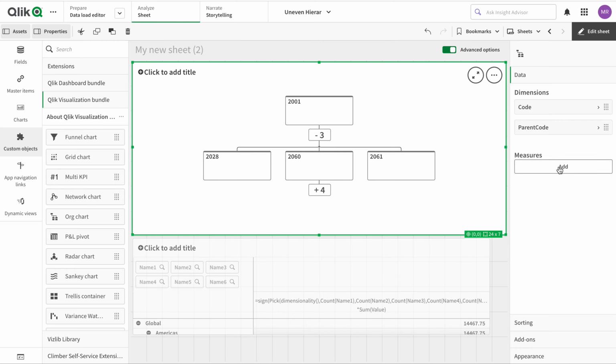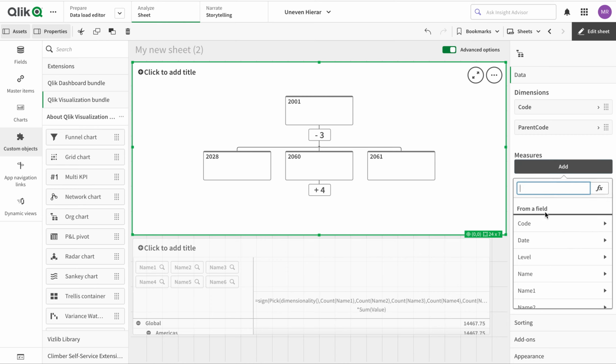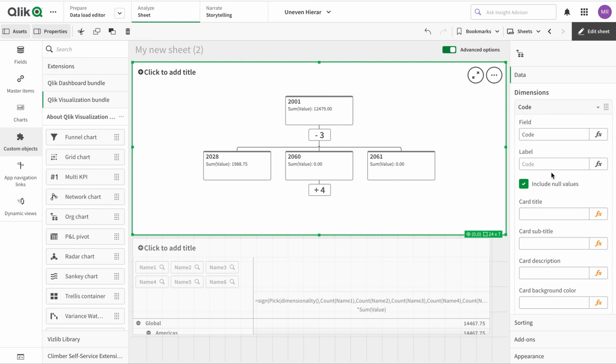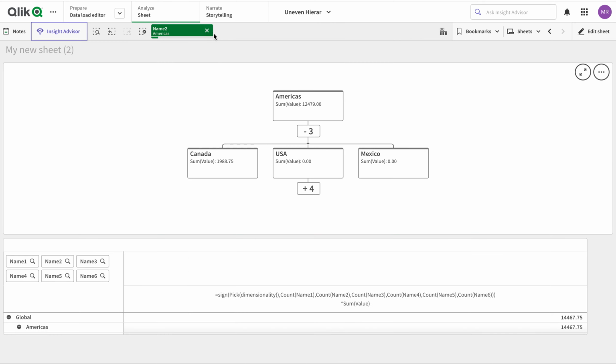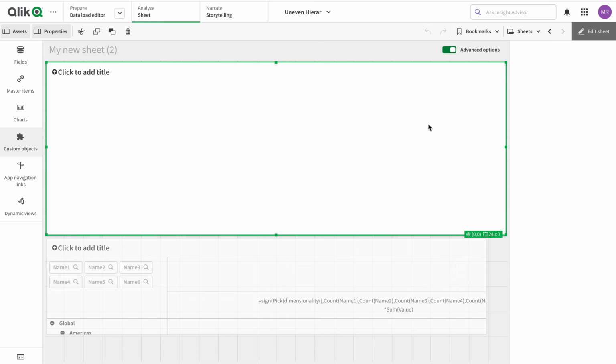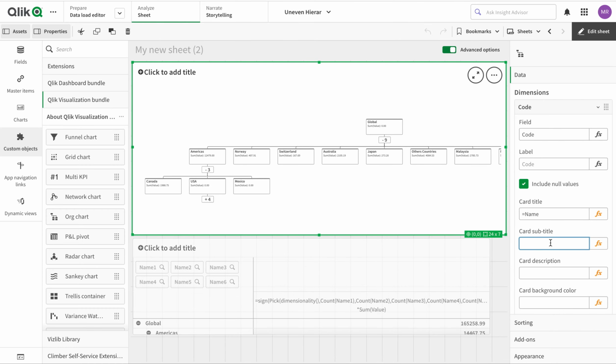Okay, so here I have the hierarchy, and then I'm going to use the measure value that I was using earlier. Since I have the hierarchy, I have the code title expression, and I can use that. So I'm going to use name in here. You see now it has automatically changed. I'm just going to remove this expression. So global, then sub hierarchies, and then like this. And then what else can I have? I can have a